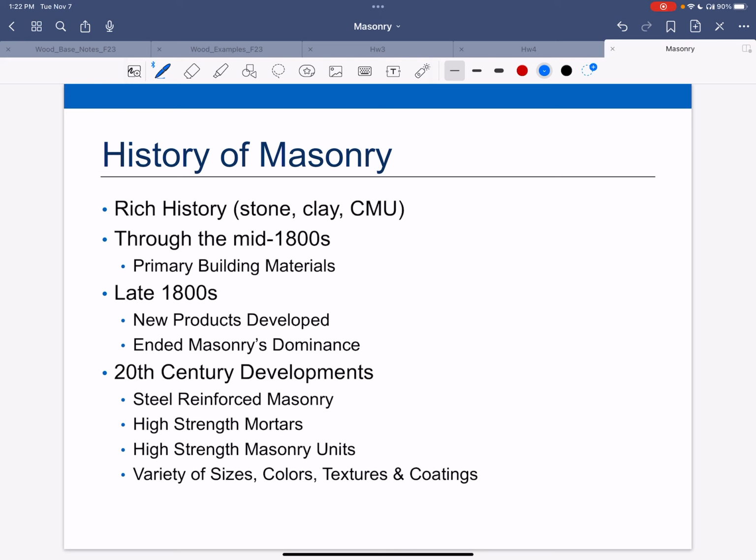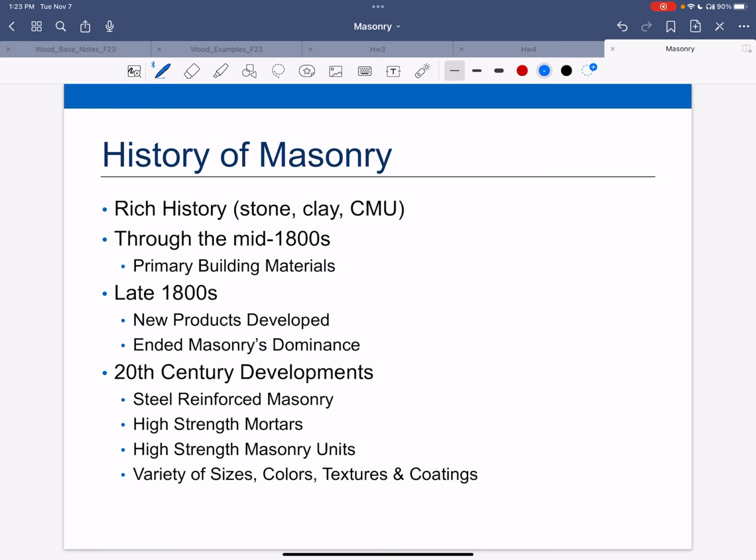Okay, so masonry's been around a long time. If we look at the very beginning as stone, that's considered masonry. Clay, and then now our concrete masonry units or the blocks, as well as bricks. So these are some of the earliest types of structural construction materials. Through the mid-1800s, they were the primary building materials. As we got into the late 1800s, we didn't have the dominance with masonry because we started to have other